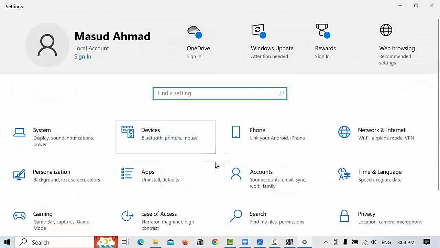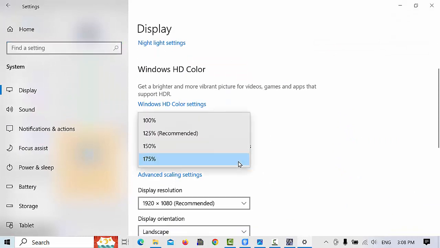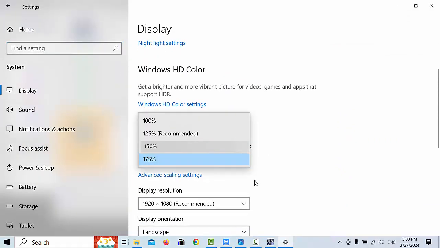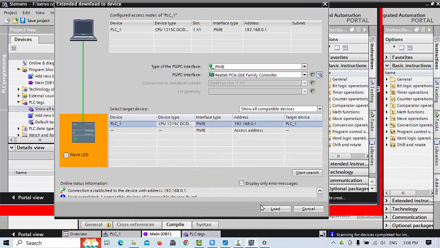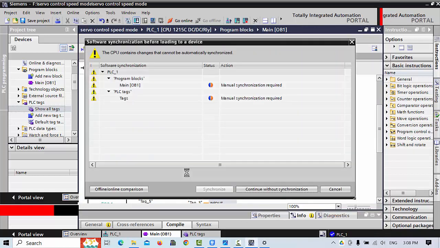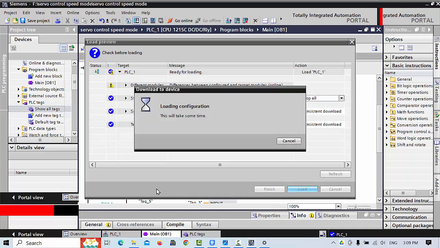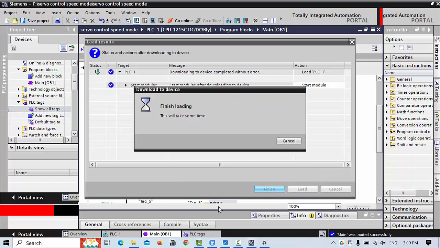Go to the setting and system, and that scale I have to make a little smaller because my system is a little high in the program. Then click load, continue, reinitialize or stop all, and then click load again. Click finish